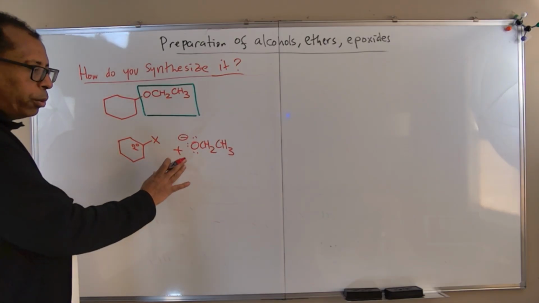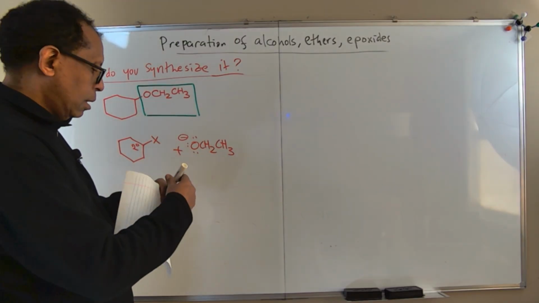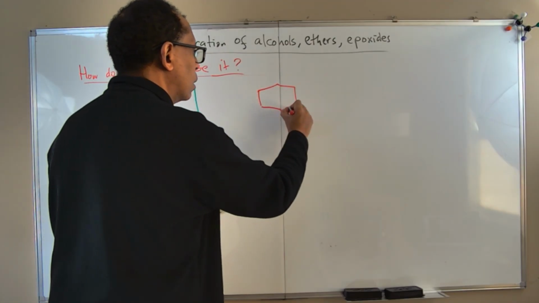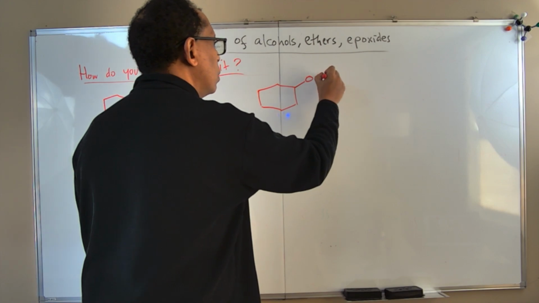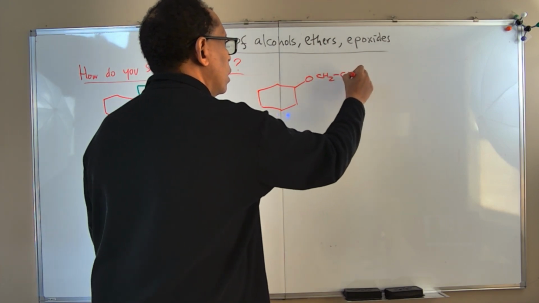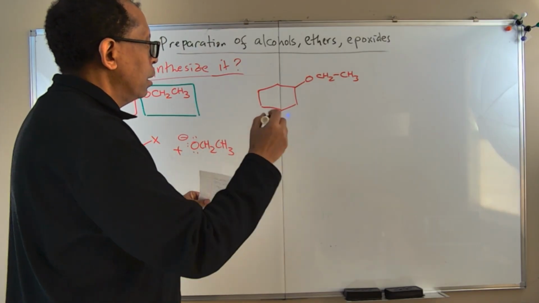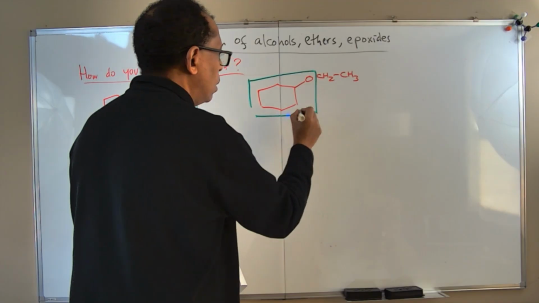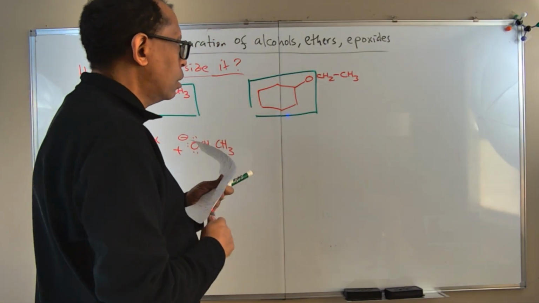I think we are not using this because I can have the same ether, which is this ether, O-CH2CH3. I can use the alkoxide to be here and the alkyl halide that. So the counterparts would be